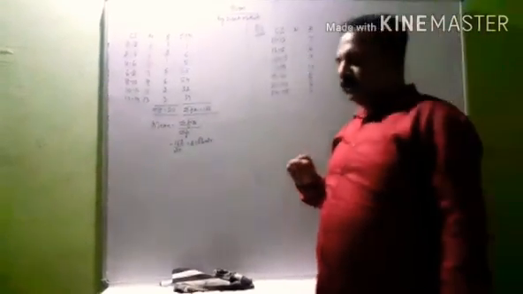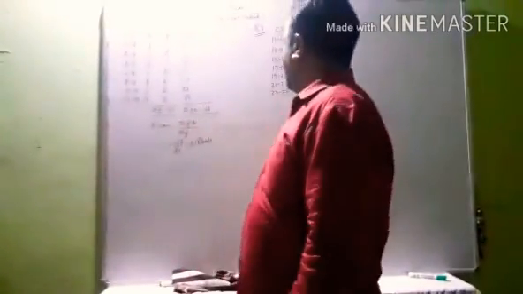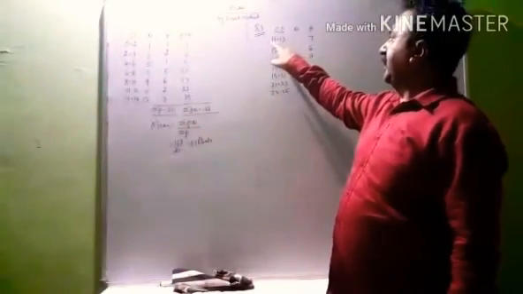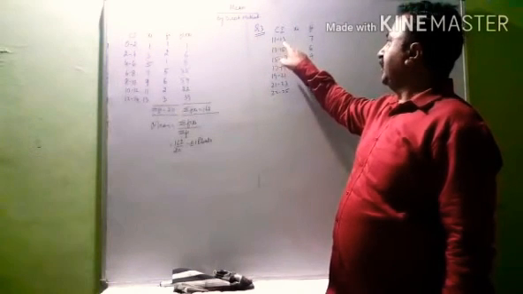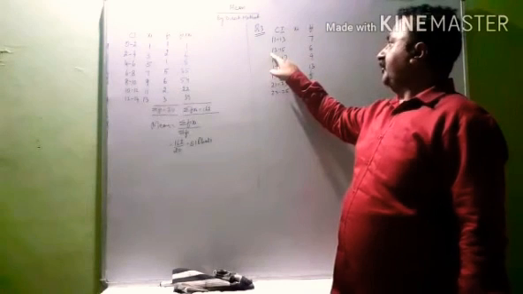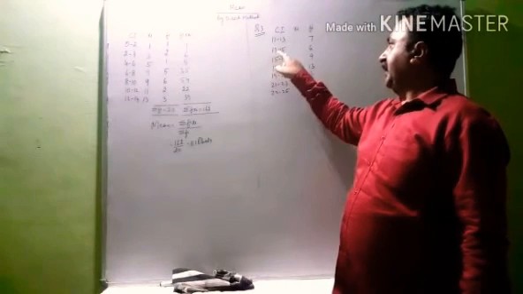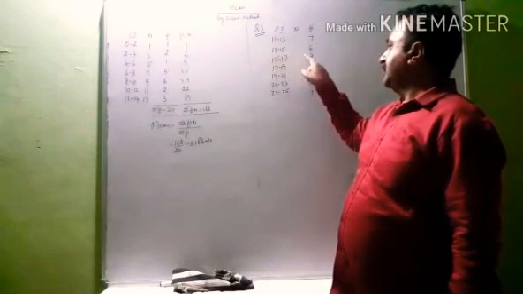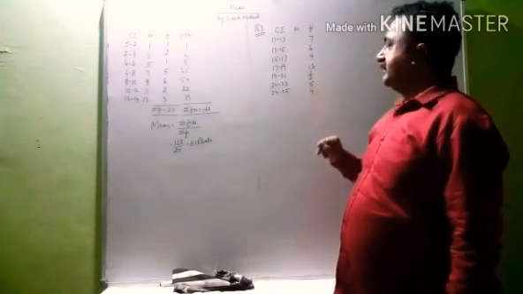So if you read question number 3, the pocket allowances for the children was given. The children who are getting pocket allowances between 11 and 13, they are 7 in number. Those who are getting pocket allowances 13 to 15, they are 6 in number. So in this way the frequency is given to you.